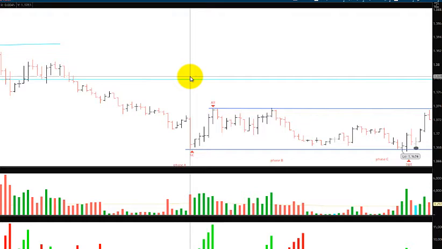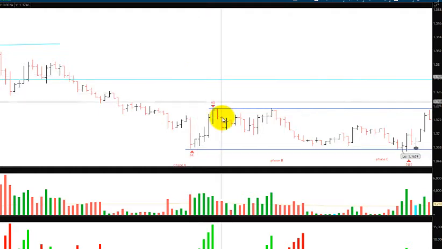If they're not aware of these different parameters, and they're not watching and tracking the footprint of smart money, and they don't know how to see it on the charts, then you could get into a trade thinking it's likely to break out, but you don't know when it's going to break out, and then you get stuck babysitting a trade for like 12, 18, 19 hours or 2 days, and it really doesn't go anywhere.